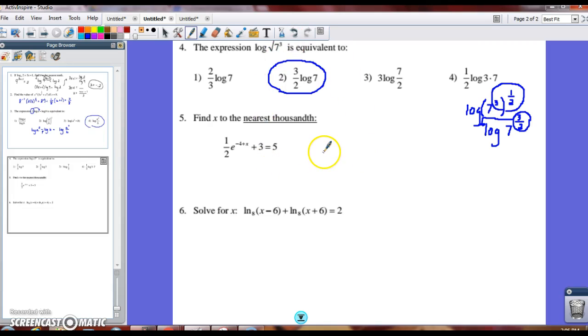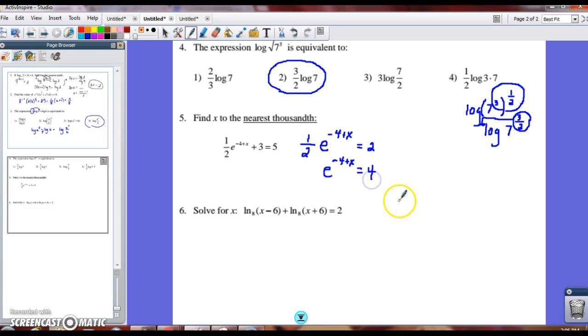Okay, in number 5, it says find x to the nearest thousandth. Okay, so the first thing I want to do is kind of isolate my term over here. I end up with 1/2 e to the negative 4 plus x is equal to 2. If I subtract 3 from both sides, and then if I multiply both sides by 2 to get rid of the 1/2, I end up with e to the negative 4 plus x is equal